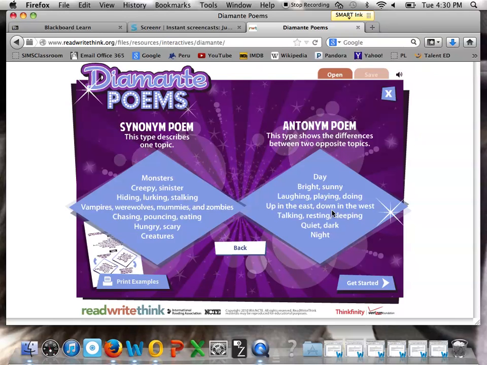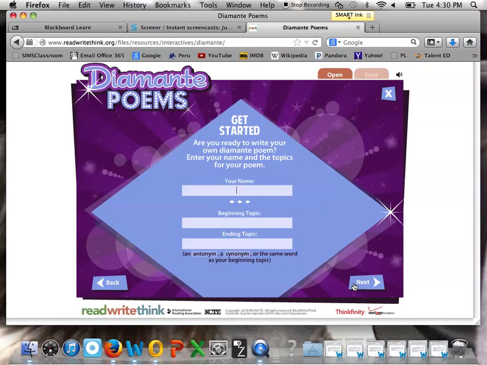What do they have in common? Well, the sun comes up in the east in the daytime, and then it goes down in the west at night. So that middle line there is what connects the two halves of the poem. And when you get the whole thing, you'll notice it's shaped like a diamond. Now, what's really great about this website is that it builds it for you, and you just have to type in the appropriate words. So you'll type in your name,